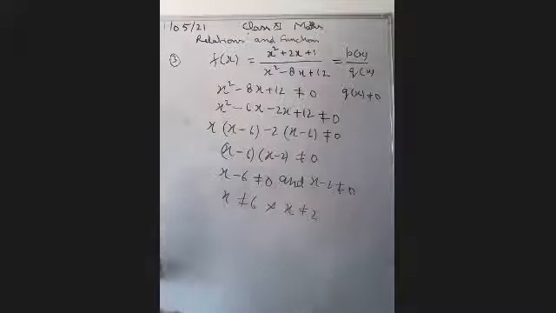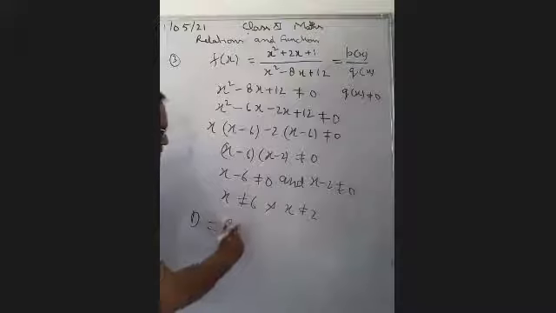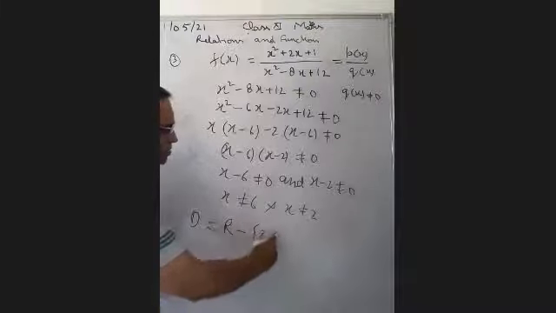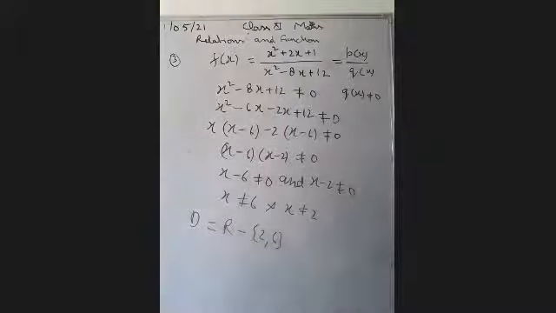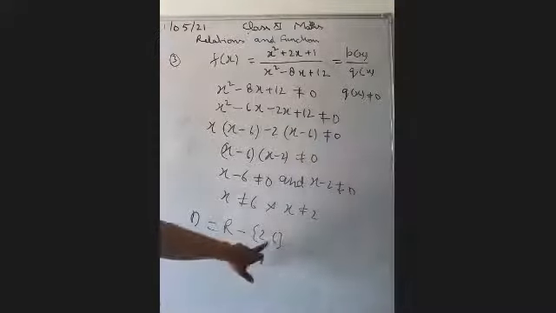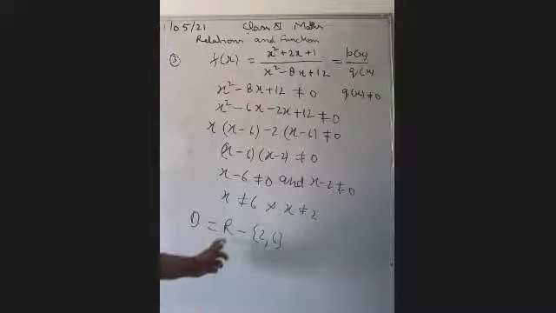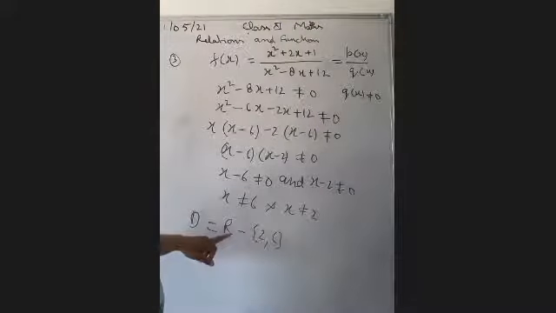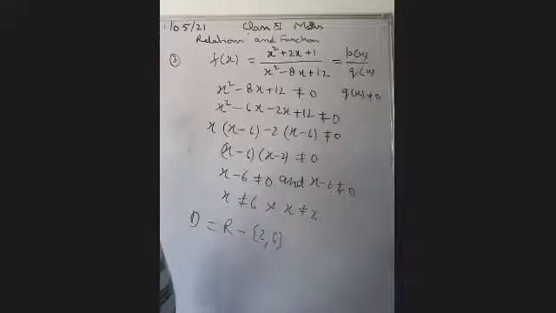So in the domain you can take all real numbers except 2 and 6. This is the method of writing. You can take any real number, take 1, -1, -3, -4, 100, 20, 40, whatever you want to take, but you have not to take 2 and 6. So we will write in this way: all real numbers except 2 and 6. This is the method of finding the domain.